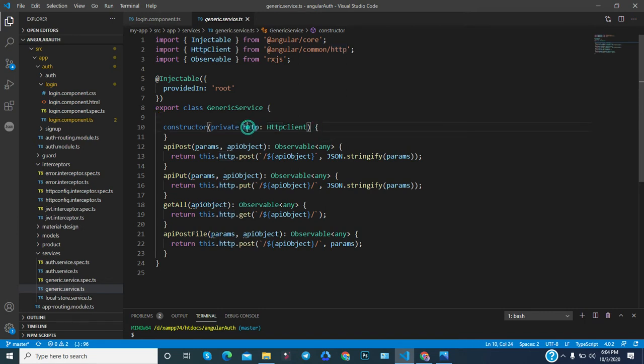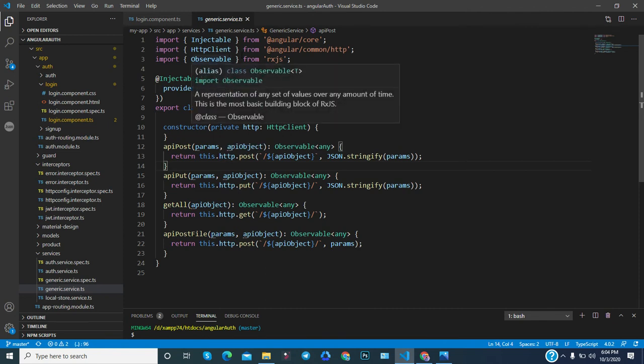Now you got this object, and through this object, like you know that you are using classes, so in the classes you need to utilize this keyword. So this.http, then .post for the post request, for the put you can write a put request, and for the get you can write a get request, like that. Based on that you can use this HTTP client library in Angular.